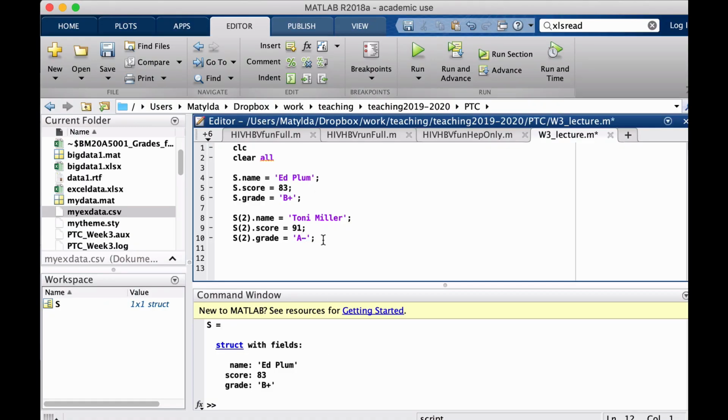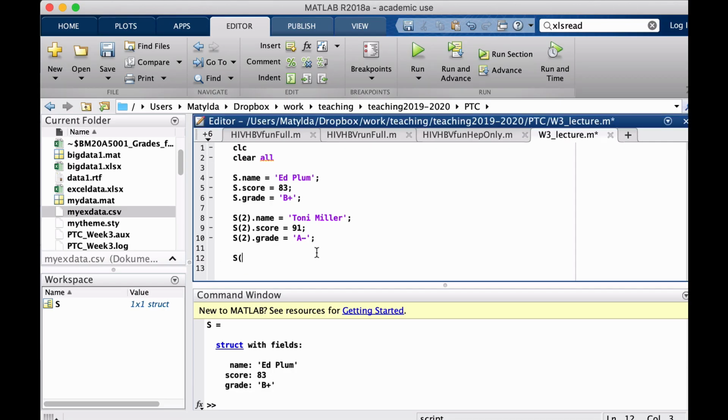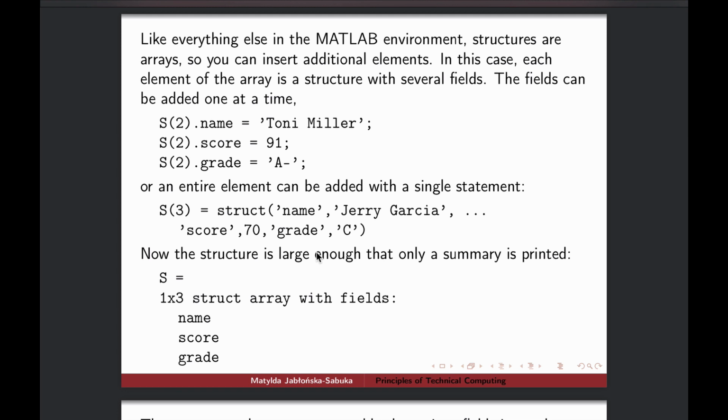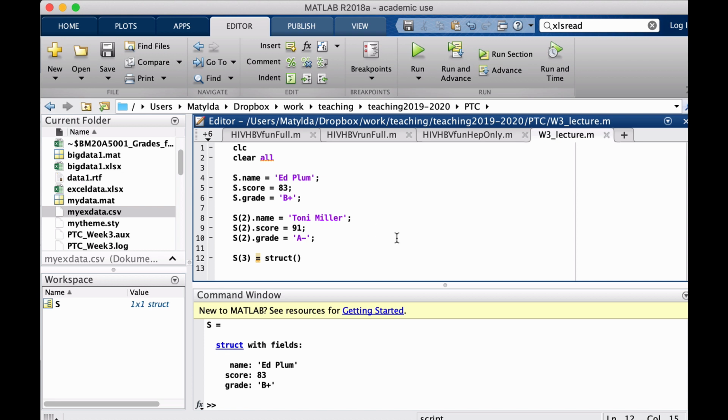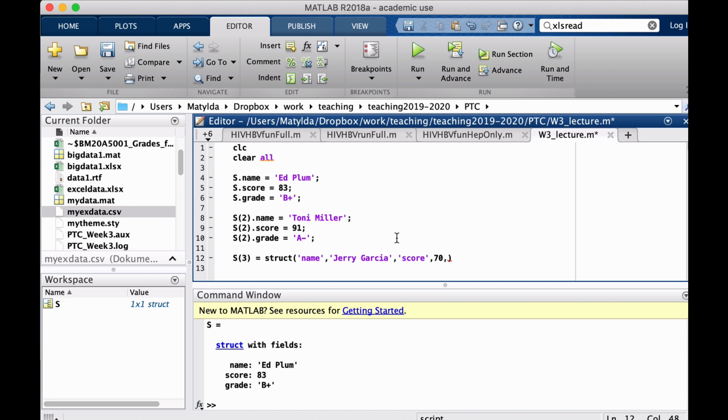One more possibility is that you can put them all at once. If you have a structure which already exists, and we want to make another element, then you point it here, S, third one, is, and then we use the command struct, for structure, and here we put in the inputs. We have to point which attribute we are inserting and then the value for that attribute. So for the attribute name, I'll have here Garcia. Then I want to give his score, and that was 70. And finally the grade,